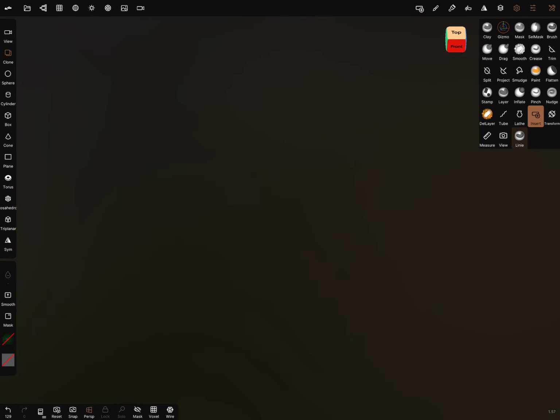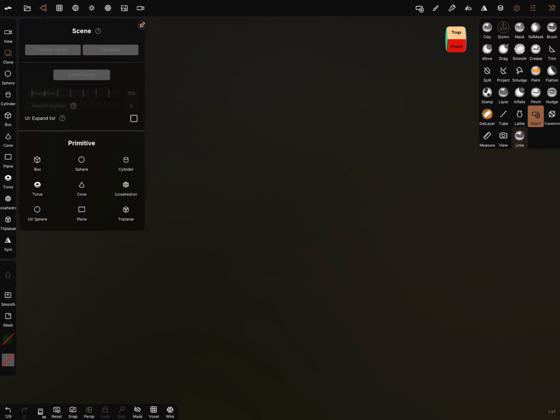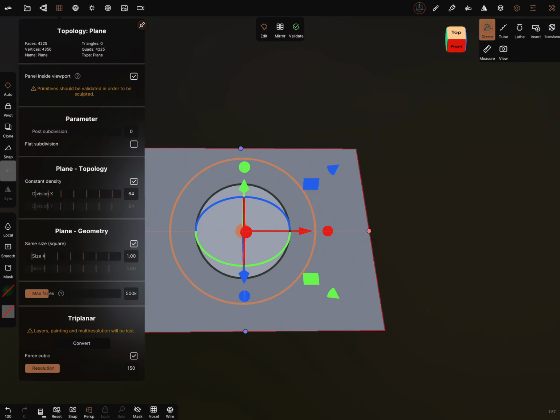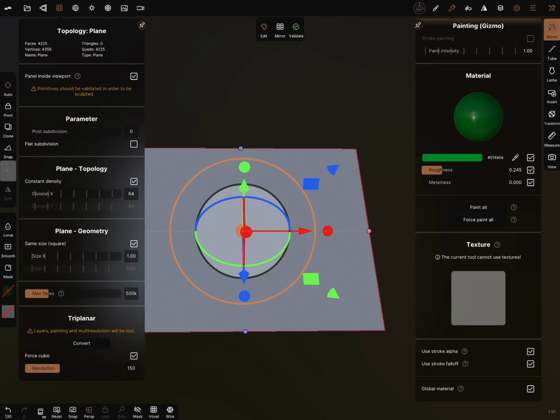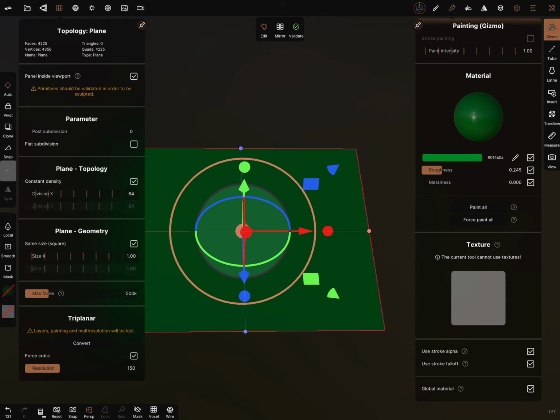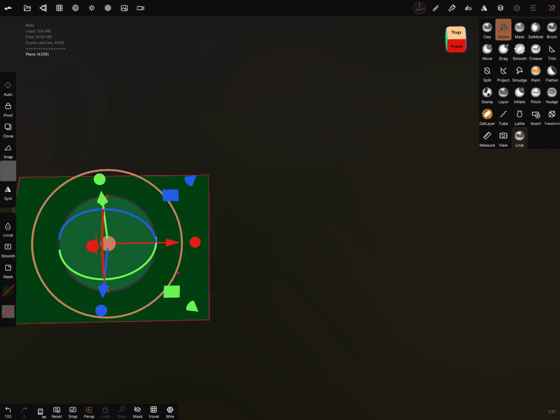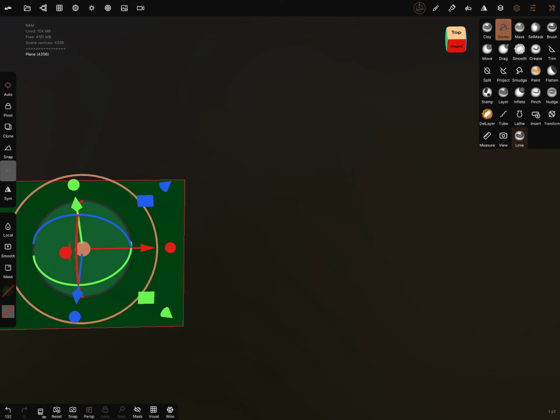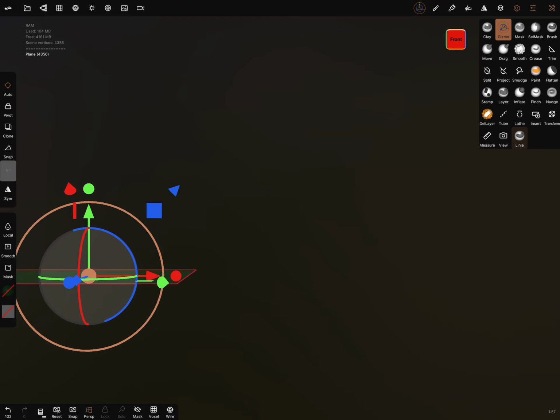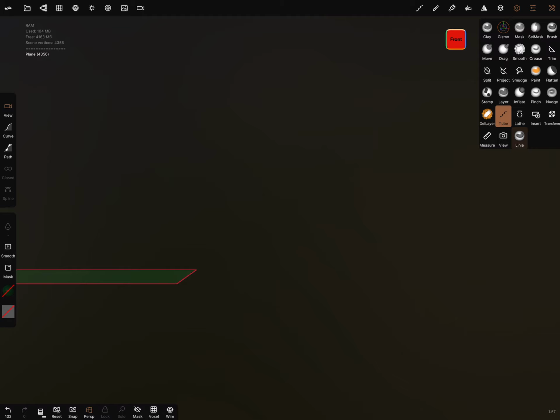Okay, to make grass or something like this, I add a plane. I changed the color for the plane and I validate it. It's only the ground plane. And I go to the front view and I draw a tube curve, and